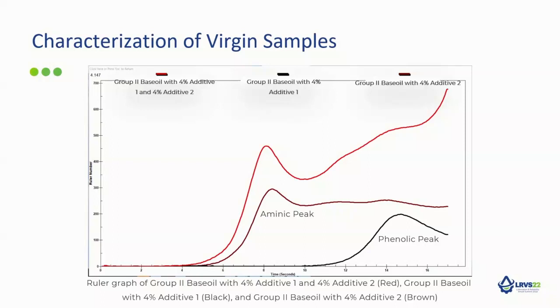each additive. However, this is when our first curveball is thrown in. When observing the data, we've noticed that the additives in solution only with Group 2 base oil have zero contribution in regions where they do not have functionality, meaning the aminic antioxidant does not have a phenolic functionality, and the phenolic additive does not have aminic functionality.